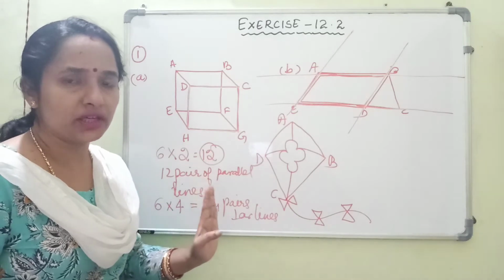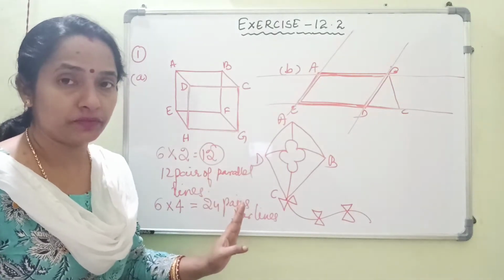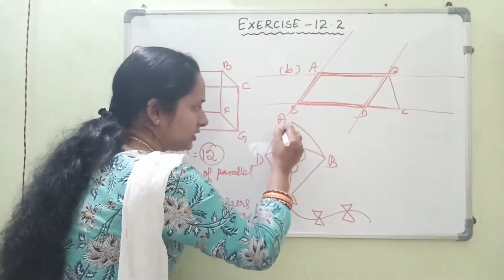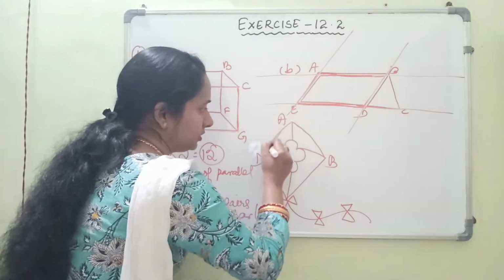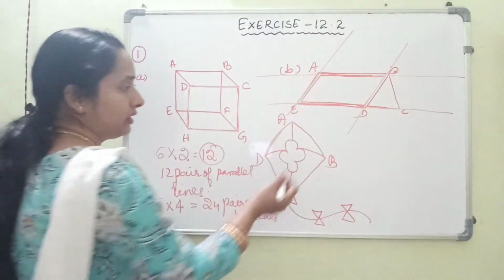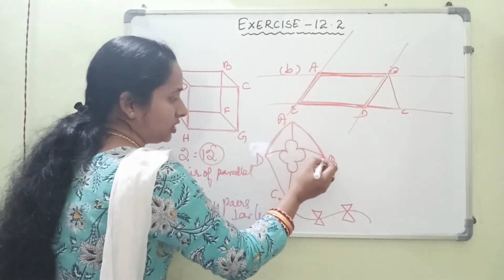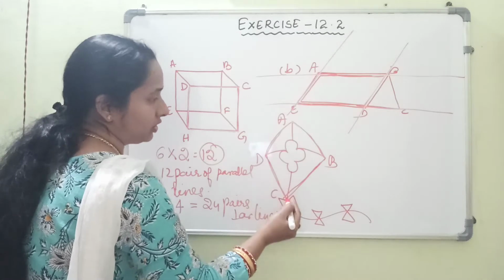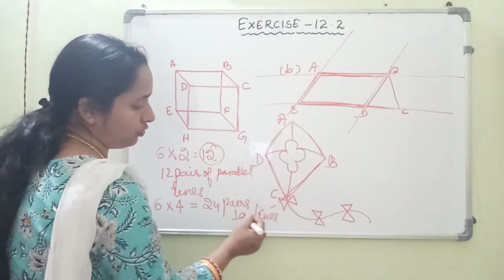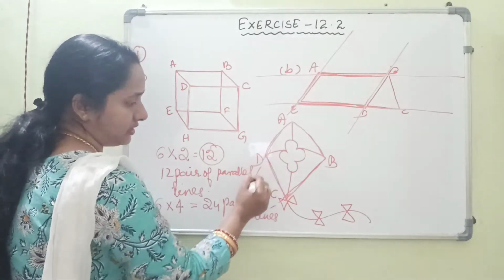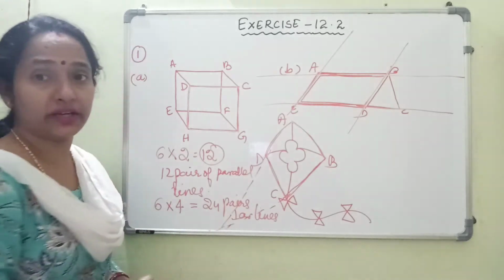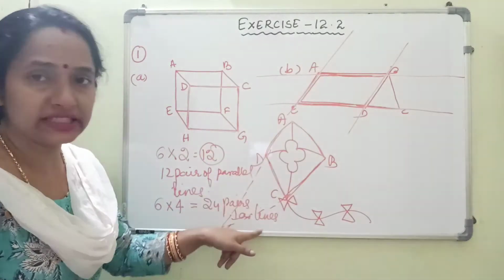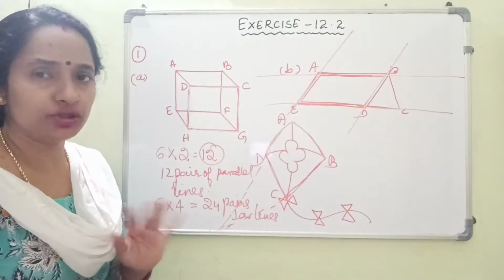If you observe this figure carefully, don't observe it randomly, observe carefully. Here you see, it is a little bit curved. It's not even straight. The other side is also curved. Here it is a little bit longer and here this is shorter. If I try to extend it, you will find they will meet somewhere else. This means this pair of lines are not parallel to each other.